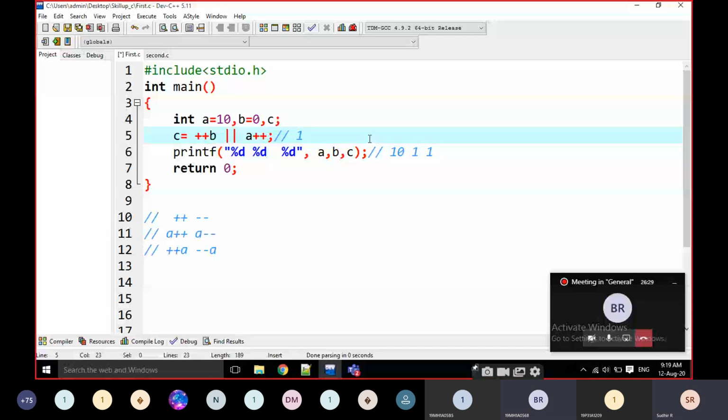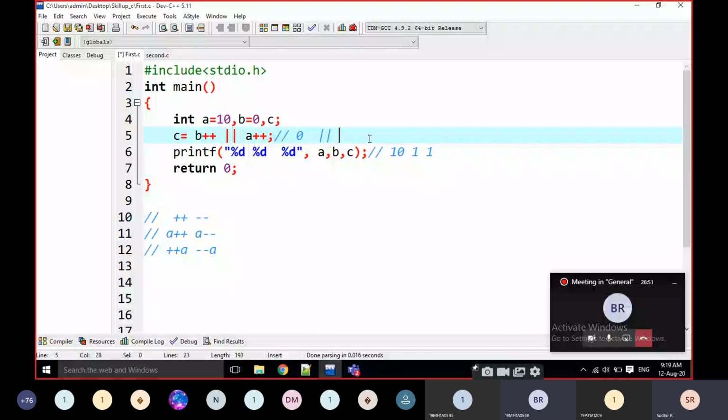Okay? For example, if it is going to be B plus plus, at this position, what is the B value? 0, sir. 0. That's why the control reaches the next one. What is the A value at this position? 10, sir. 10.